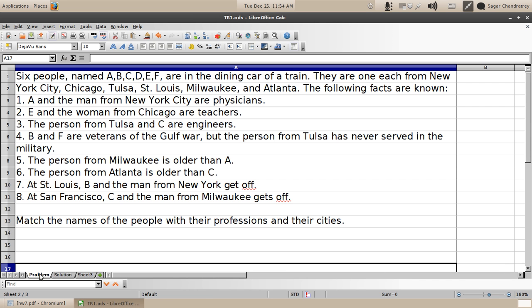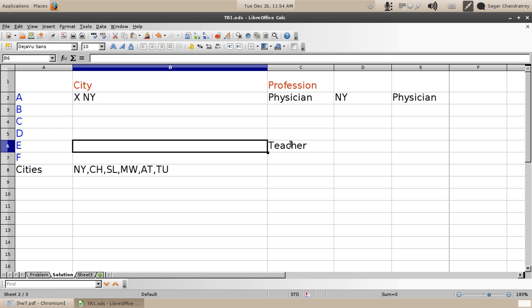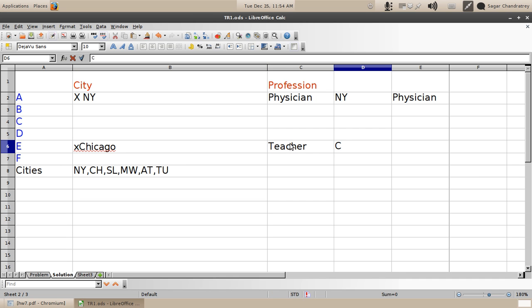Now let us go to the next statement, which says that E and the woman from Chicago are teachers. Now as we did for the first statement, let us do the same for this second statement also. So E basically is a teacher, but she is not from Chicago, and the lady from Chicago is also a teacher. So let's put the information in front of E. So E is a teacher by profession, but she is not from Chicago, and let us mention that from Chicago this woman is a teacher. Okay, now